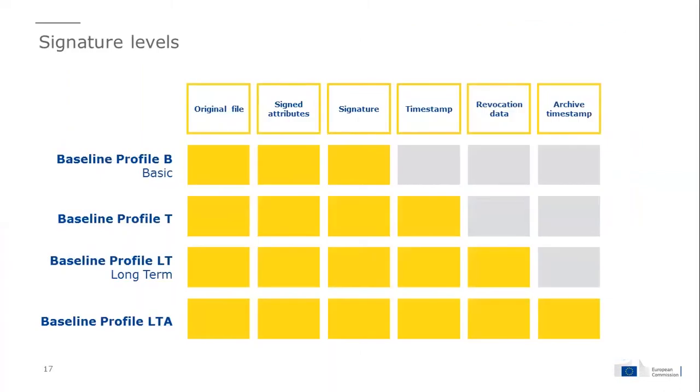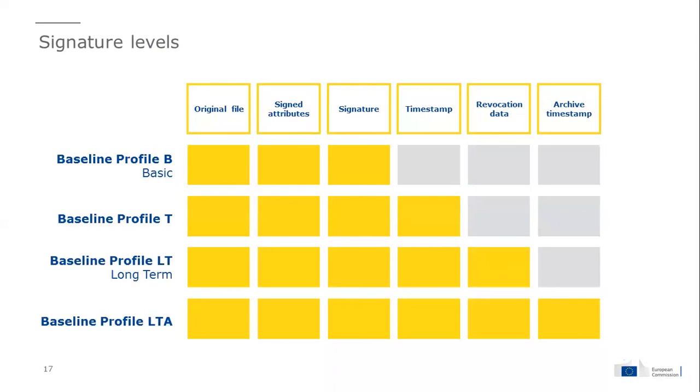For the levels, if you know a bit about the levels of electronic signatures, we support all of them, meaning that we support from the basic baseline profile, where in the signature you will find only the original file, the file that has been signed, some signed attributes, signed together with the file, and the signature itself. This is the basic format, the basic baseline profile. We support them up to this LTA format, LTA for long-term archive, where actually next to